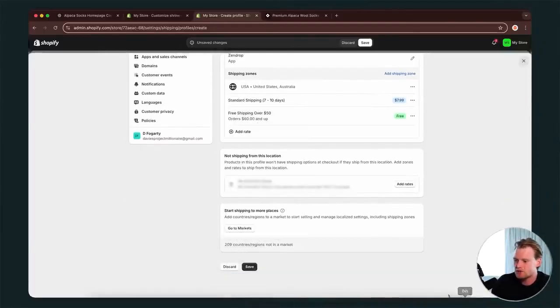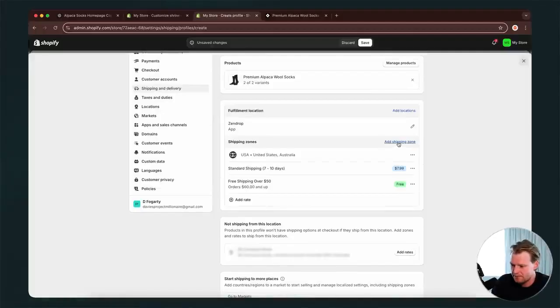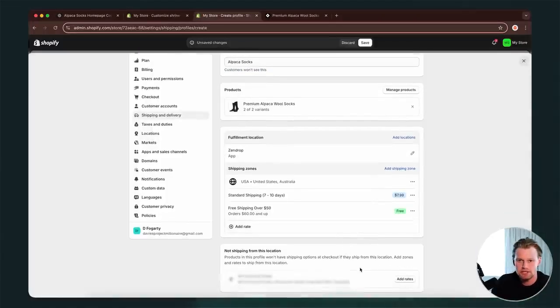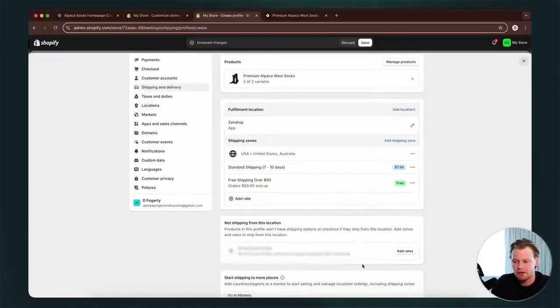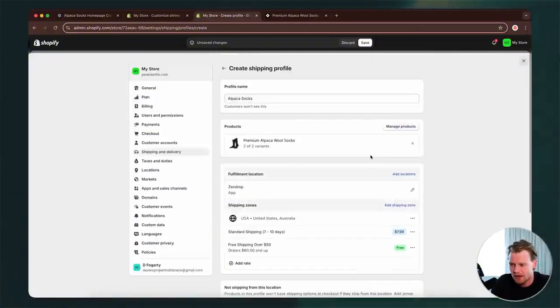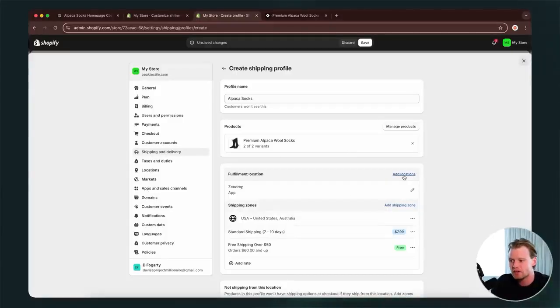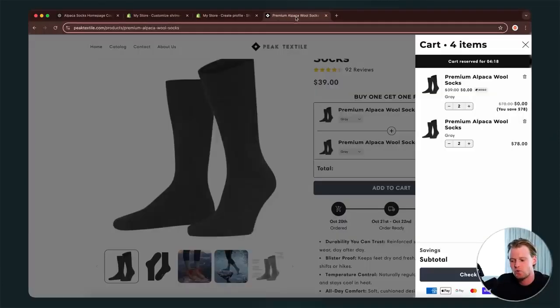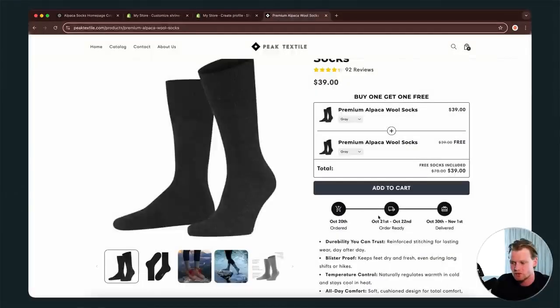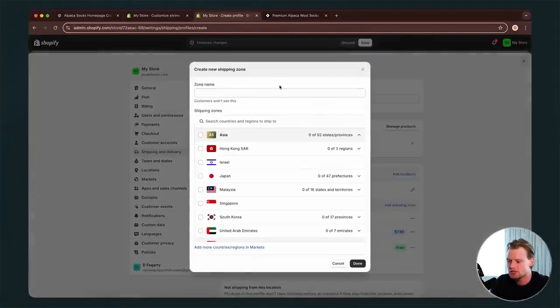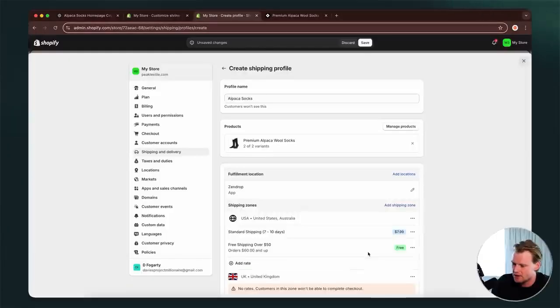Now, if I wanted to, let's say, add another shipping zone, I can go into here and I can just add United Kingdom. But because these countries maybe have different costs to ship there, you might want to add different actual shipping profiles for them so that you can charge different amounts. That gets a little bit complicated because it needs to match what you are showing on the front end of your store. My product isn't going to be too expensive to ship, so I'm just going to add United Kingdom